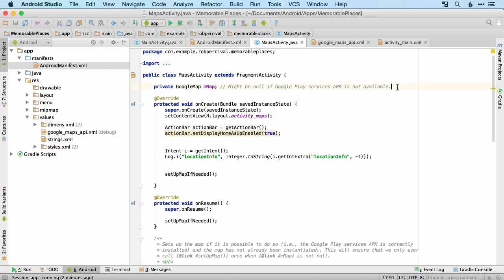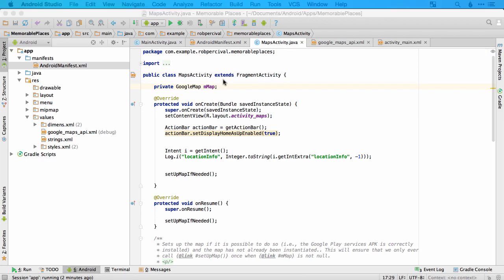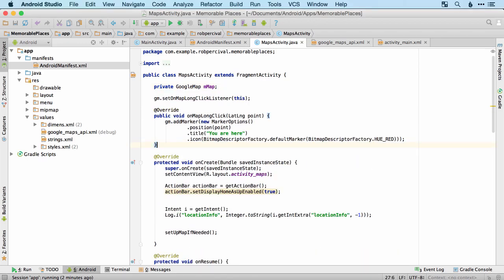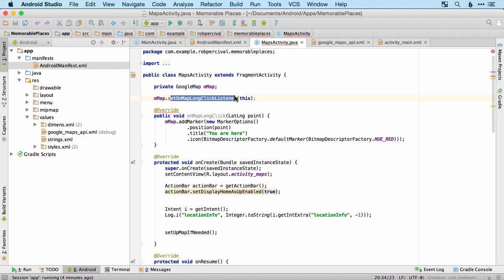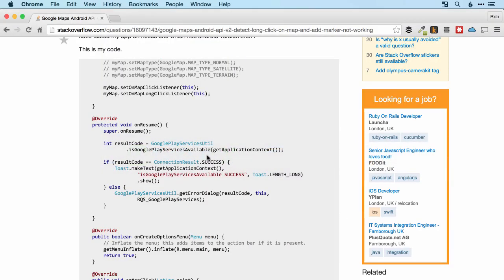So I'll set this up here, and then let's add in our code here. So of course, instead of GM, we're using mMap. And same here. And we'll add the bitmap descriptor factory. Okay, now we've got a couple of issues there. It doesn't seem to recognize this method or the onMapLongClick method. So possibly we're missing some necessary